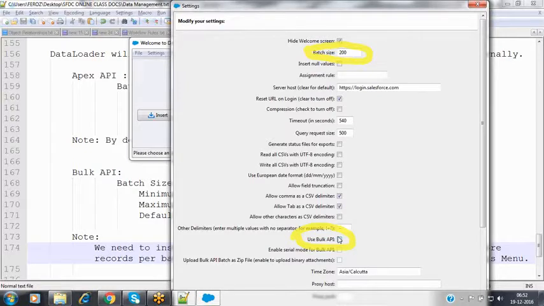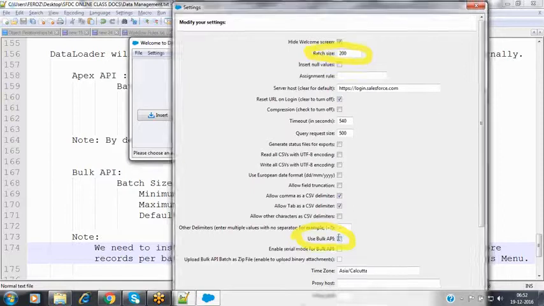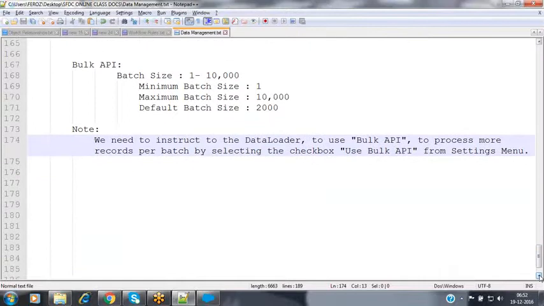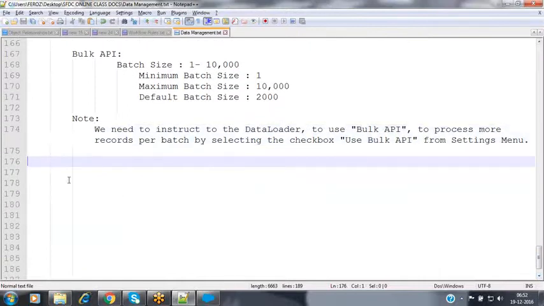Now, this is the way we are going to be using that data loader. And then one more question they will raise from the interview point of view here. Upon logging into the data loader, we are specifying that password and the security token. Then they will raise a question here. I want to log in into the data loader without entering the security token. Just I want to enter by using username and the password. I don't want to enter the security token here. Then how can we log in? It's a common question in every interview.